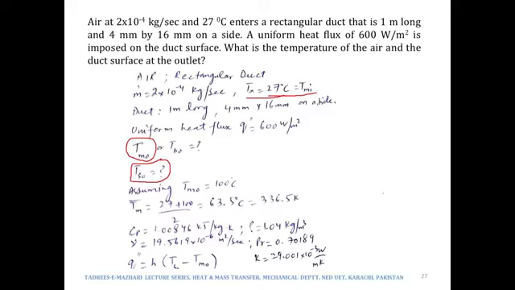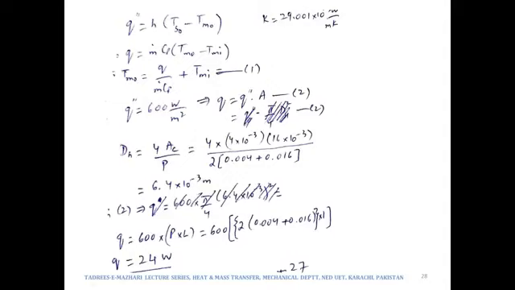Now if we take a look at the value of Q, the heat flux is 600 watts per square meter. So if we multiply it by area, the area would be perimeter times length, right? It would be perimeter times length, right? So now